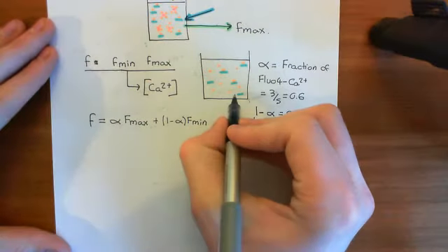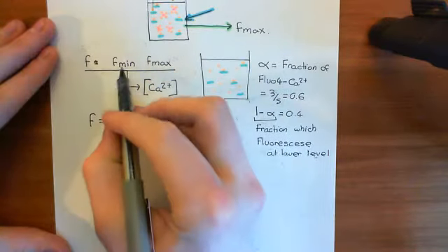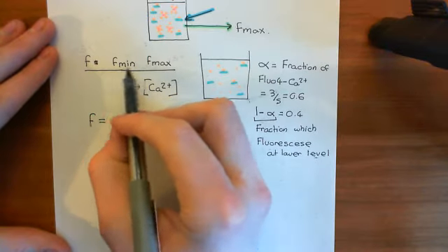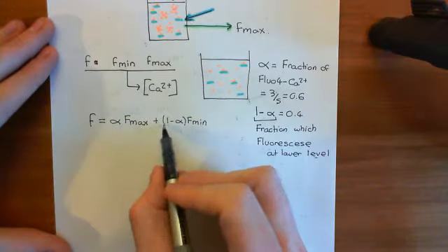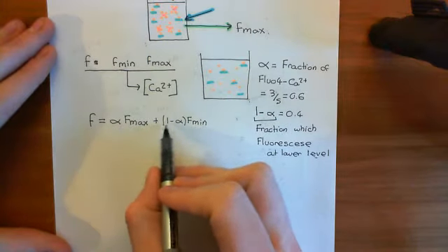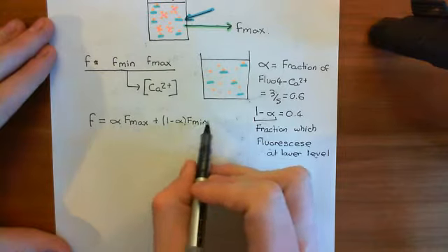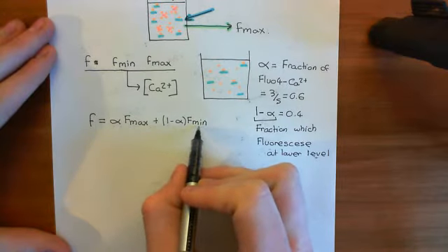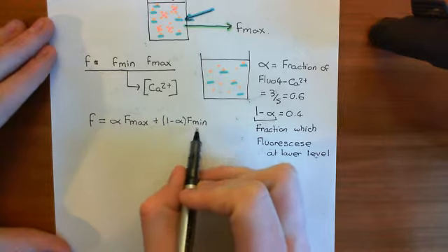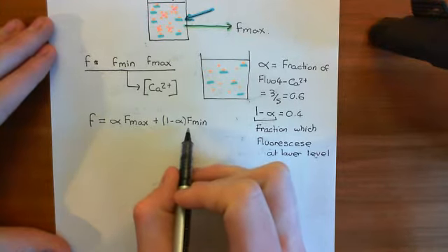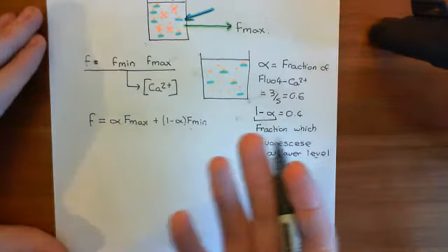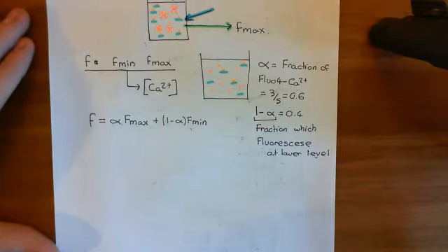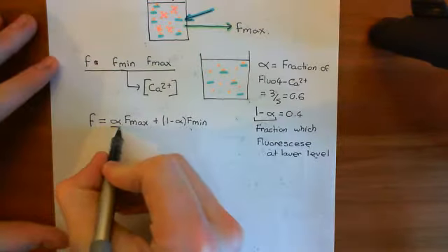The other ones which don't have calcium bound to them will be fluorescing at the Fmin rate. Fmin is what you get if all of them don't have calcium bound. The fraction that don't have calcium bound is 1 minus alpha, so we multiply 1 minus alpha by Fmin, and that's the fluorescence we'll get off the ones which do not have calcium bound. If we add these two together, we get the fluorescence coming off the whole thing. That's the idea. Now all we need to do is work out what this alpha is, and this